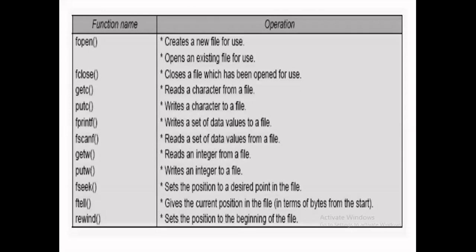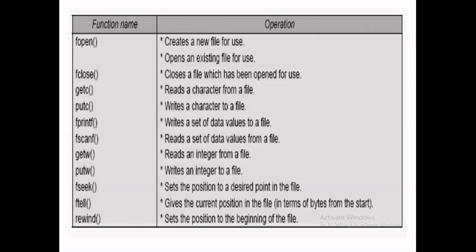So all these functions are used in file handling. These are called methods, and these methods are file handling methods. First, fopen is very simple. It opens the file. If it is an existing file, we can open the previous file. If no existing file is there, a new file is created. After all operations are performed, you can close the file.